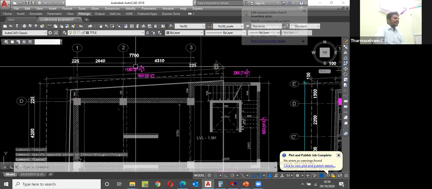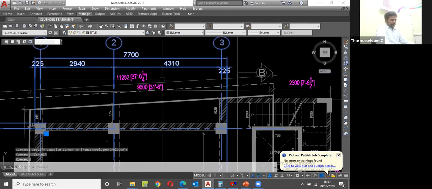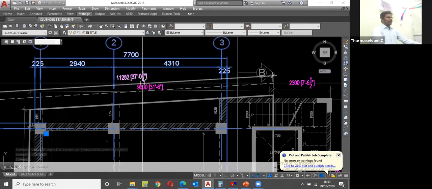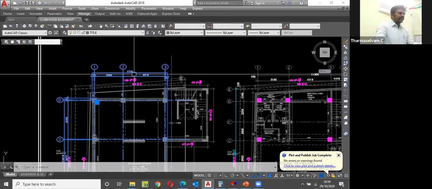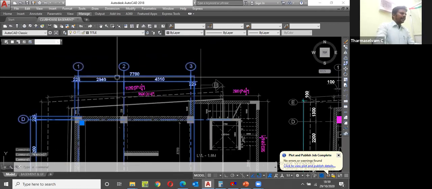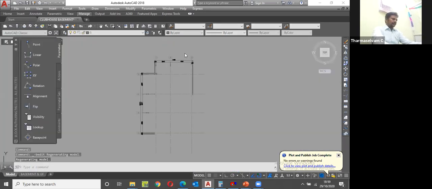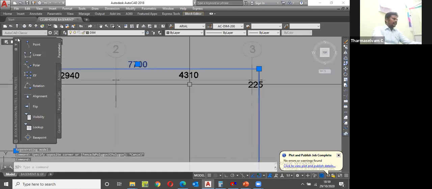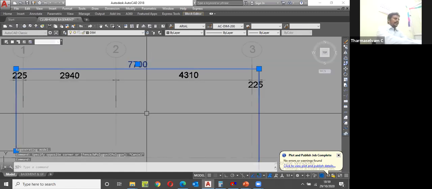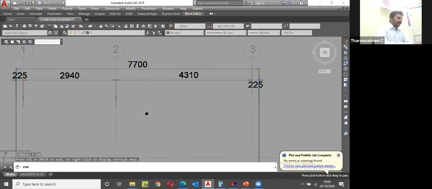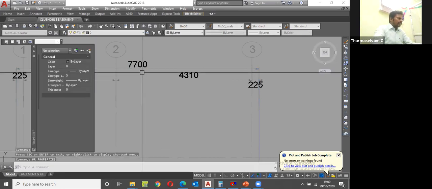But even though, the text color is not in ash color. Now I am going to select this single object, but the whole object is selecting as a group. This one we are saying is the block group. I am going to edit it in the block editor. Here I am going to select this dimension, properties, PR enter. You can get the properties. You can select this dimension.